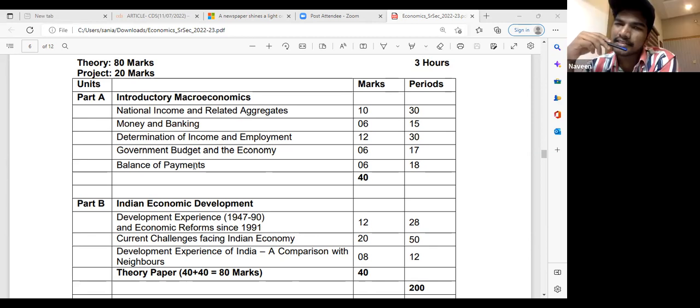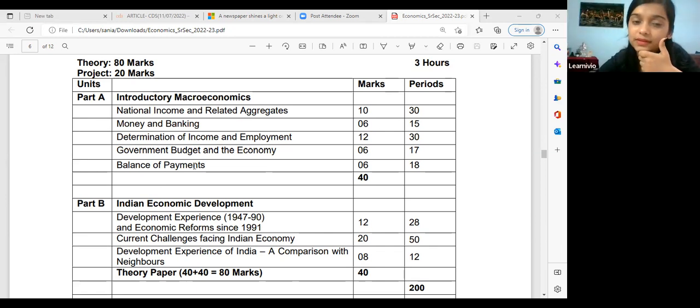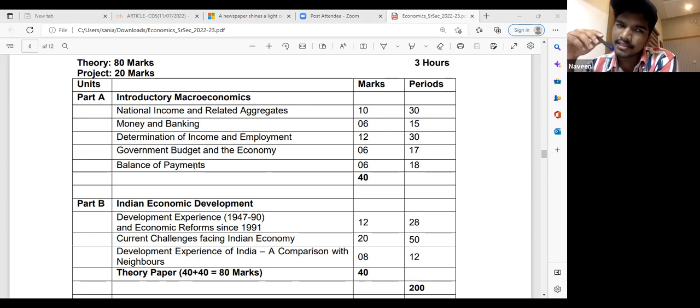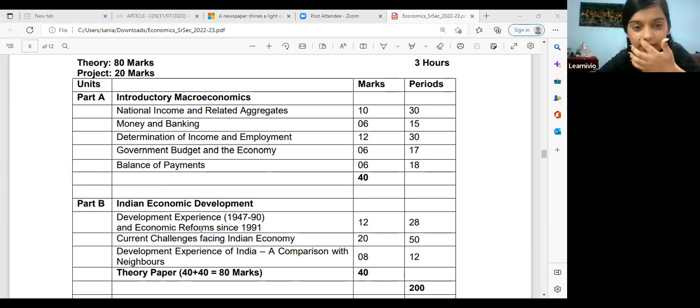I have exam in September also. Okay. So what is the syllabus for that? I think in this macroeconomics, money and banking, Indian economics, the first unit, right? Development experience. Okay. I guess we will be able to complete till then. Don't worry. We have enough time. If you will be regular, then it's not going to be that much tough, and surely you will score well.